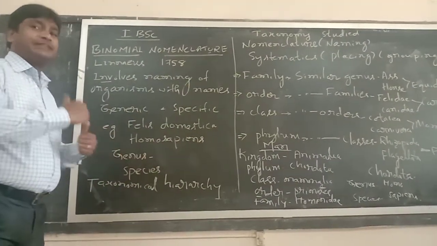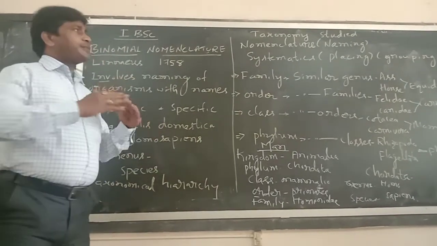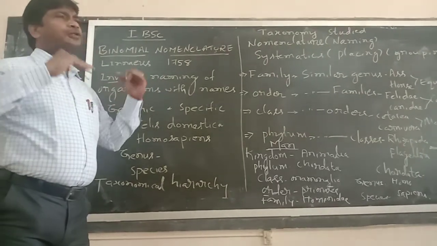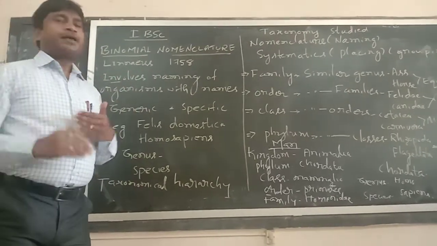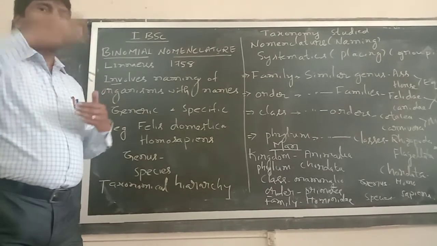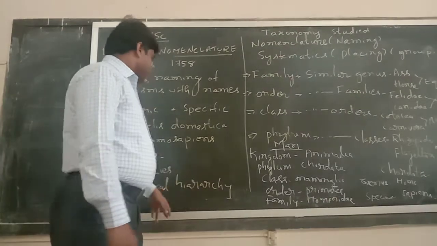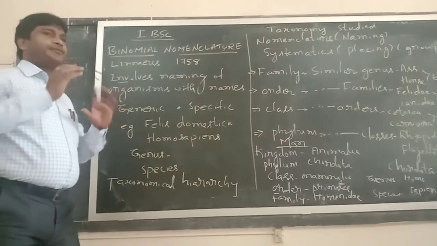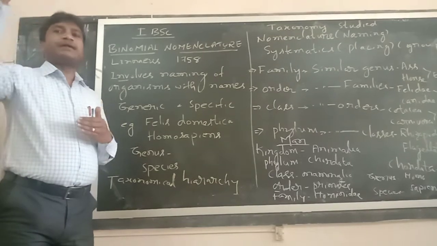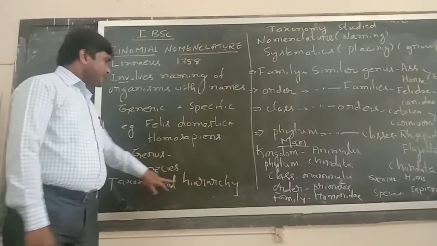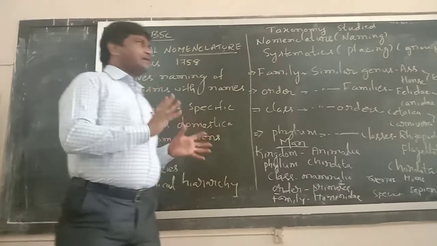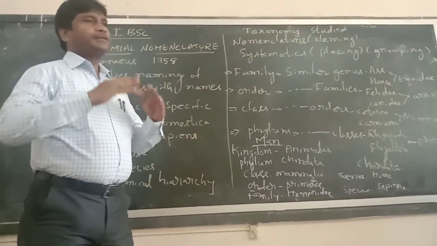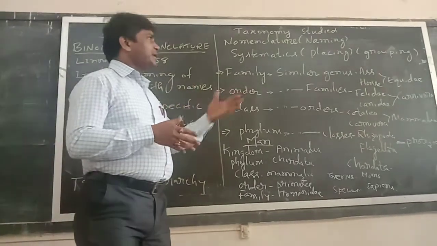After naming of organisms in this way, next they are put into one particular order. A number of groups are made and all the groups are arranged one after another. That arrangement of groups one after another is called taxonomical hierarchy. It is the placing of groups in one particular order. All the life forms are made into different groups, and they are arranged one after another. That is called taxonomical hierarchy.